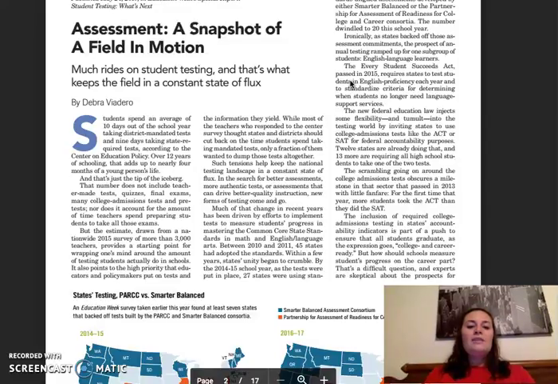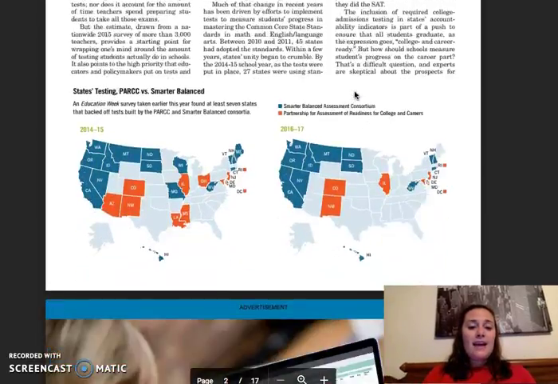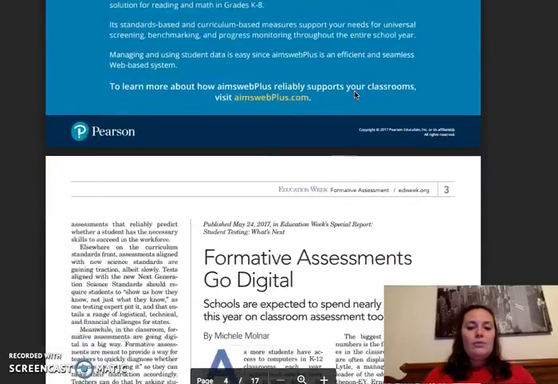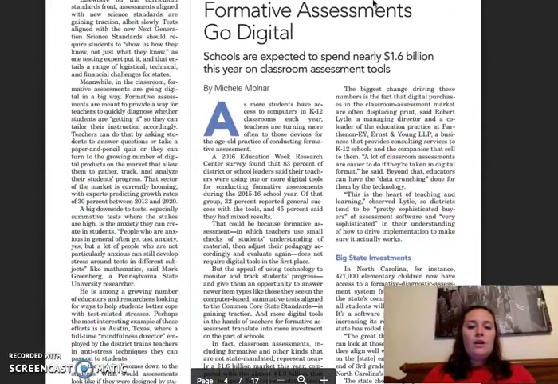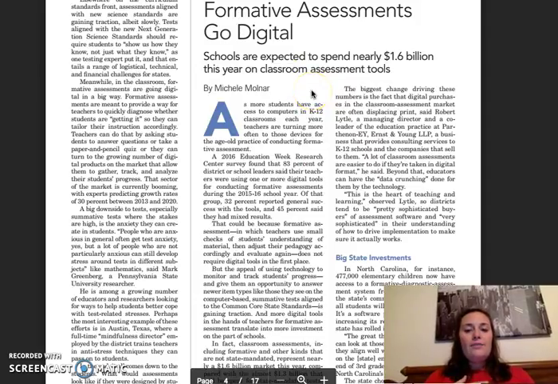But it's very, very difficult to be an educator and watch these students go through these experiences. And so that kind of ties into that piece. And then moving down to the formative assessments go digital, I actually really like this article, because for myself, I